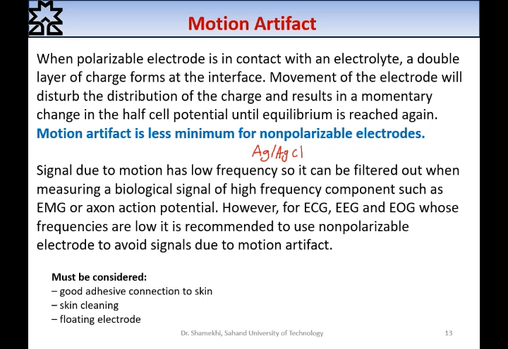Signal due to motion has low frequency, so it can be filtered out when measuring a biological signal of high frequency components such as EMG or axon action potential, AAP. However, for ECG, EEG, and EOG, whose frequencies are low, it's recommended to use a non-polarizable electrode to avoid signals due to motion artifact. For example, when we record ECG,